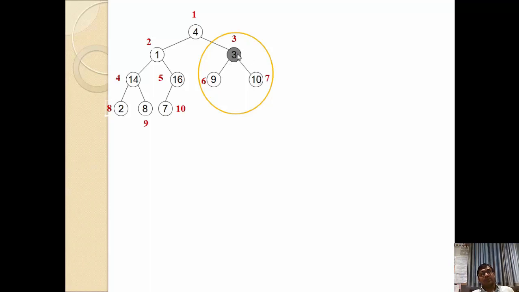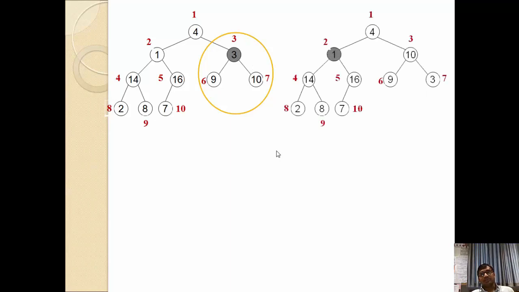The largest value will be swapped with the parent node. So 3 will be here and 10 will be moved to the parent node. So we can get this kind of tree. 10 will be here and 3 is here. Now we have verified 3. Now when we move 10 here and 3 here, we again need to check the child of this 3, but there is no child, so we are not going to check.